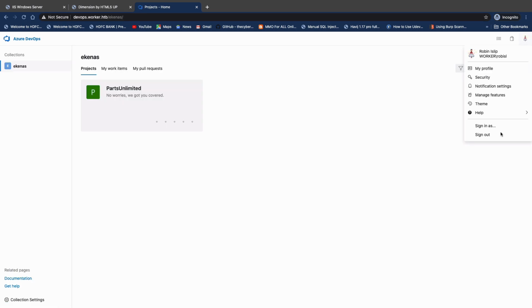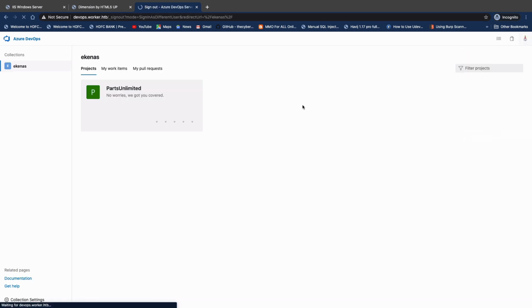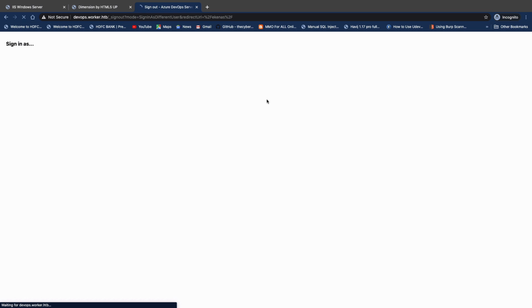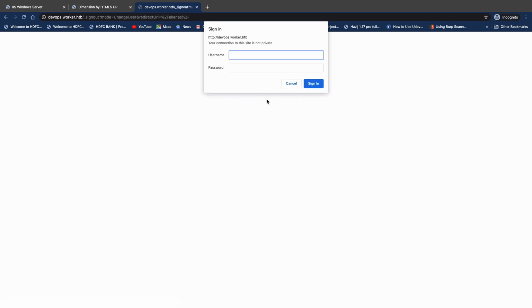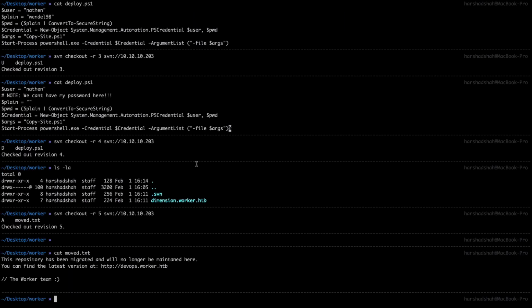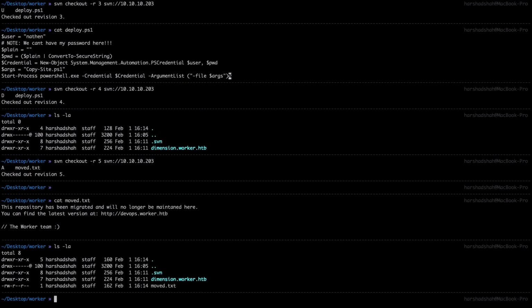It is going again and again. Let me sign in. Generally, the first time you open this, you'll get a username and password panel like that. So we got our user here, called deploy. I think it is removed because of this 5th request.